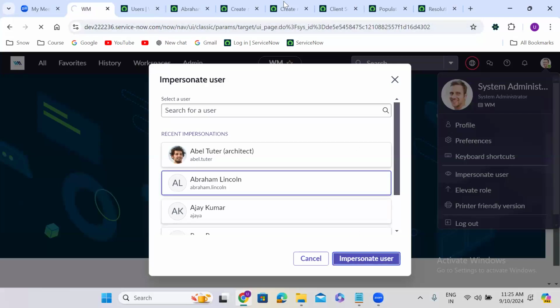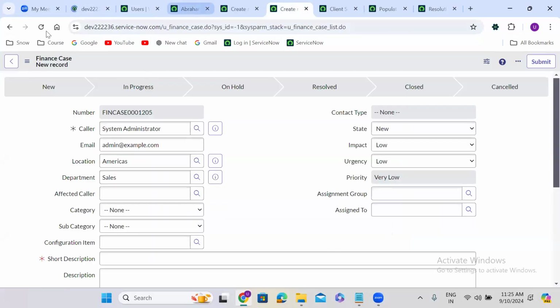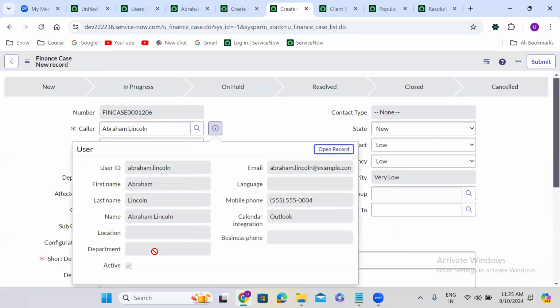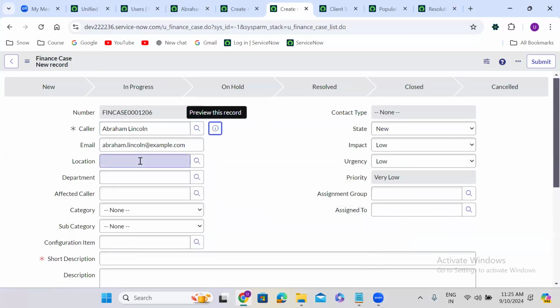you can see here. So as Abraham Lincoln, I am opening the form here. In the caller field, Abraham Lincoln name will be populated here. Abraham Lincoln has only email. He has no location, no department. You can see location empty, department empty. So that is why no location, no department populated here. Okay. So if I impersonate as Abel Tutor,